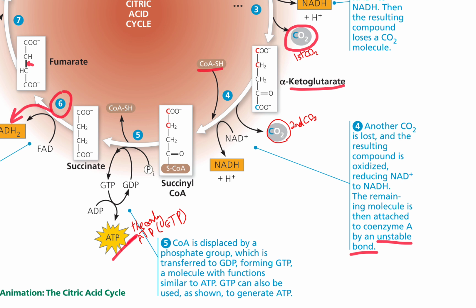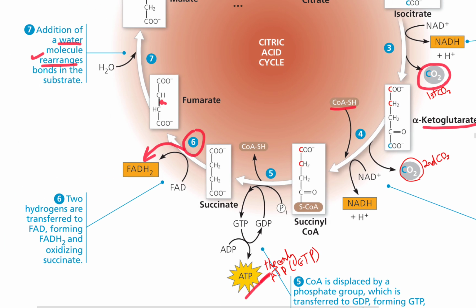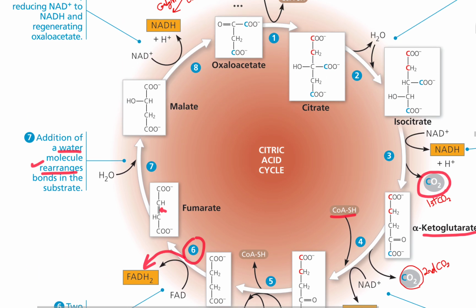That will cause a change in the molecule. The succinyl will become succinate. Succinate is a symmetrical compound substrate. We are unable to track the carbons. We will not be able to know which carbon will proceed with the rest of the cycle,